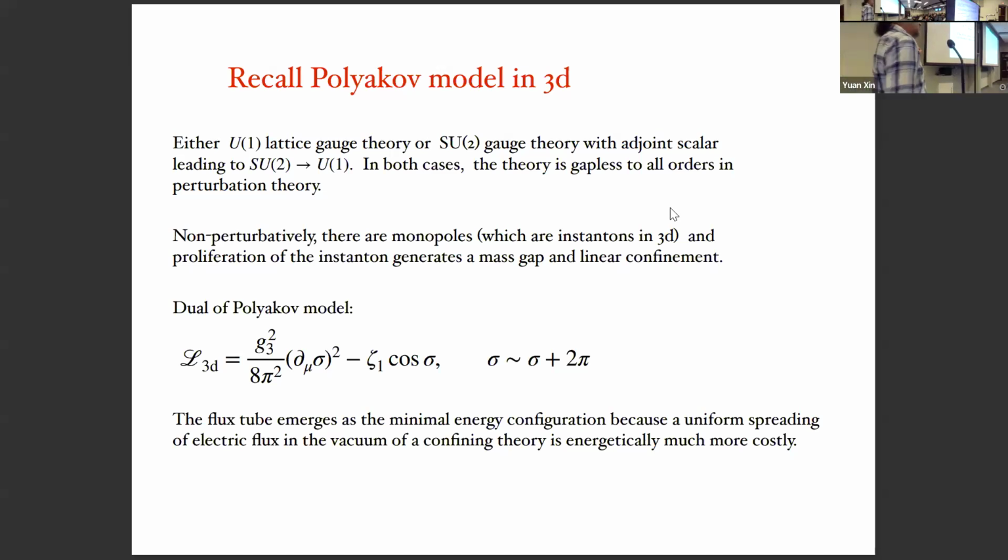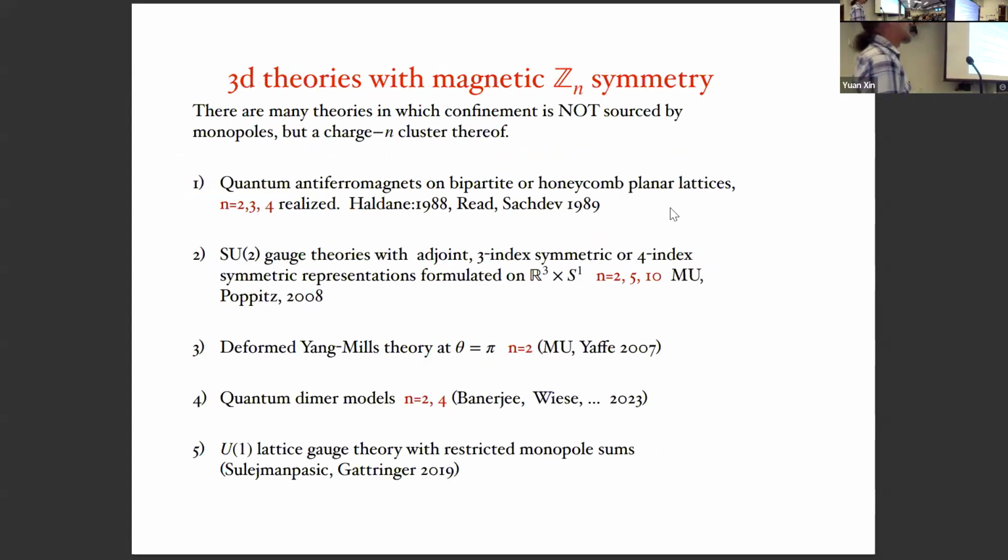So, and if you put test charges here, plus minus 1, the spreading of the electric flux throughout the space is energetically very costly. It costs as much energy as the area of the system. So energetically, it is much more favorable to pin a flux from plus charge to minus charge. And there is a flux tube between these two, electric flux tube. Okay? This said, there are many systems in which,